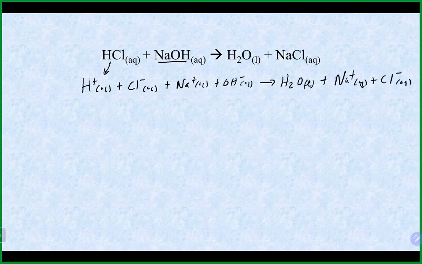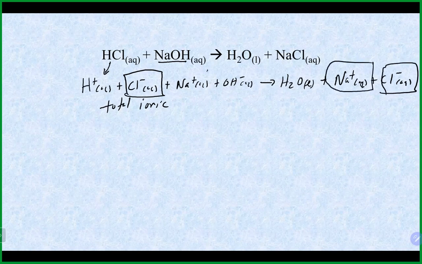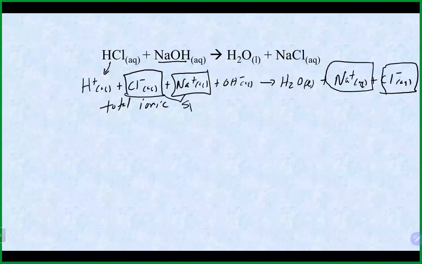And this would be our total ionic equation here for what is going on. We could find our spectator ions. We have a chloride on the left, a chloride on the right, a sodium on the right, a sodium on the left. Those are our spectator ions here. And these guys cancel, leaving us our net ionic equation of H plus OH minus,